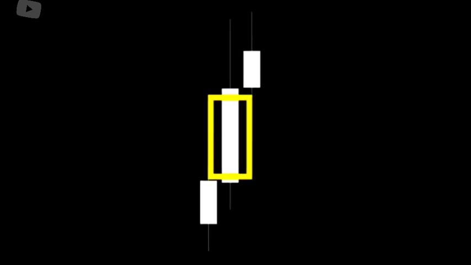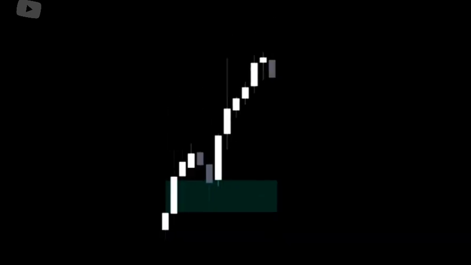Let's jump in. A fair value gap, or FVG, is a price imbalance on the chart that forms when the market moves so quickly it leaves a gap in trading activity. Typically, it appears as a three-candle pattern. The middle candle's body doesn't fully overlap with the first and third candles. This shows that price effectively skipped over certain levels, leaving an imbalance. Traders pay close attention to these areas because price often retraces to fill the gap, creating potential entry points or